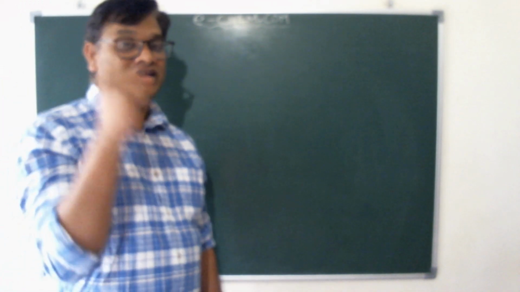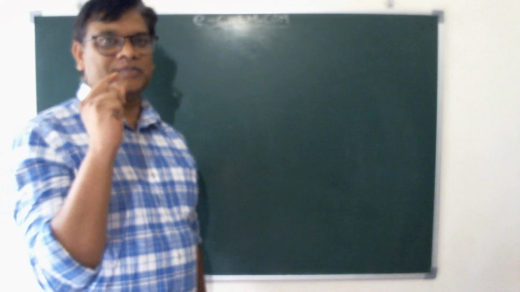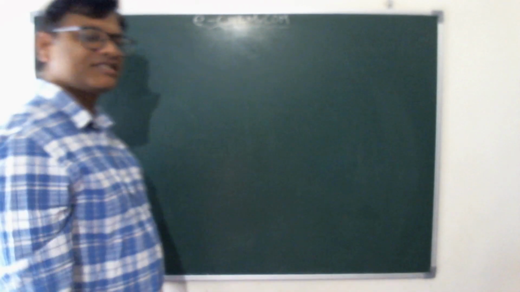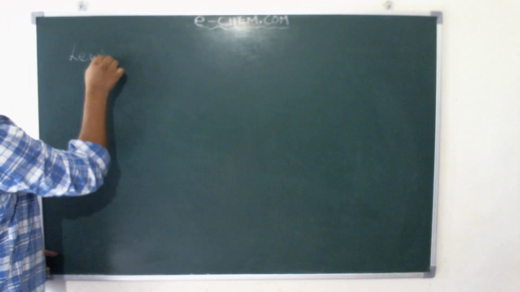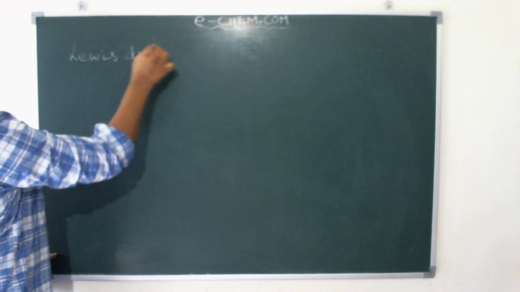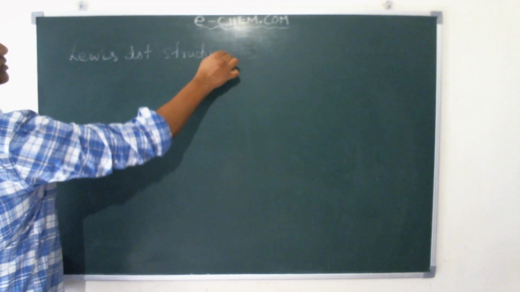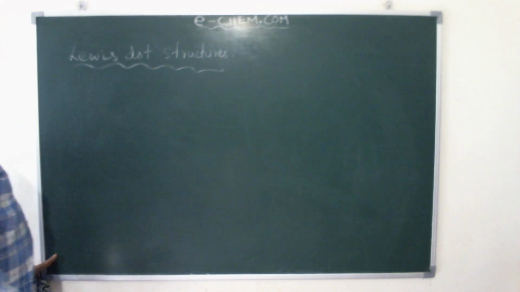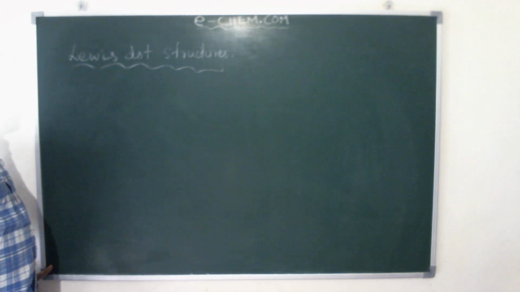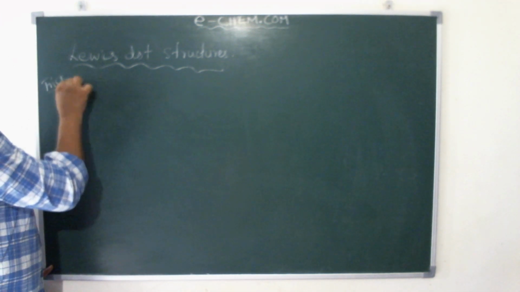So today we learn an excellent trick to write Lewis dot structures. Let's move into that. Drawing Lewis dot structures in the chemical bonding chapter. To draw the Lewis dot structure, I'll use a trick here that you need to follow.